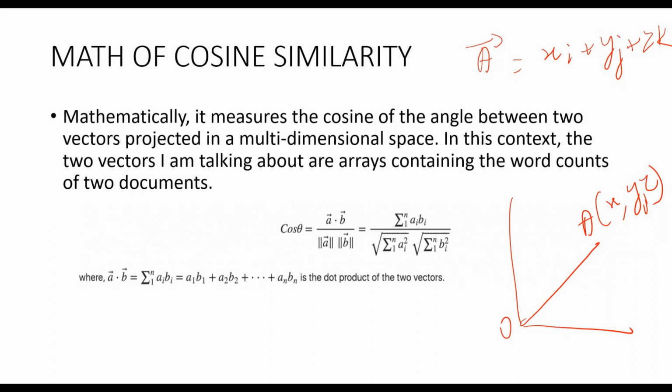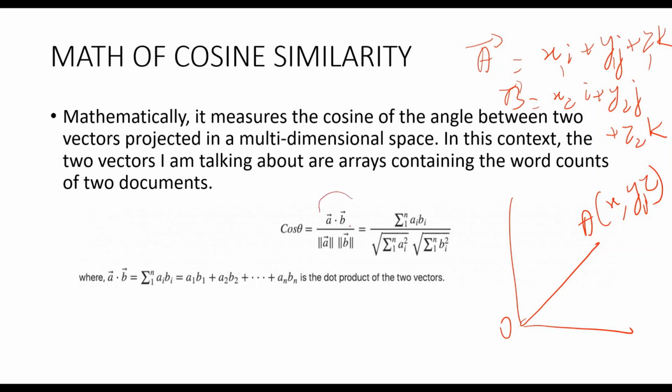In the same way, vector B can also be represented. If A is x1, y1, z1 and vector B is x2i plus y2j plus z2k, then A dot B is the product x1 x2 plus